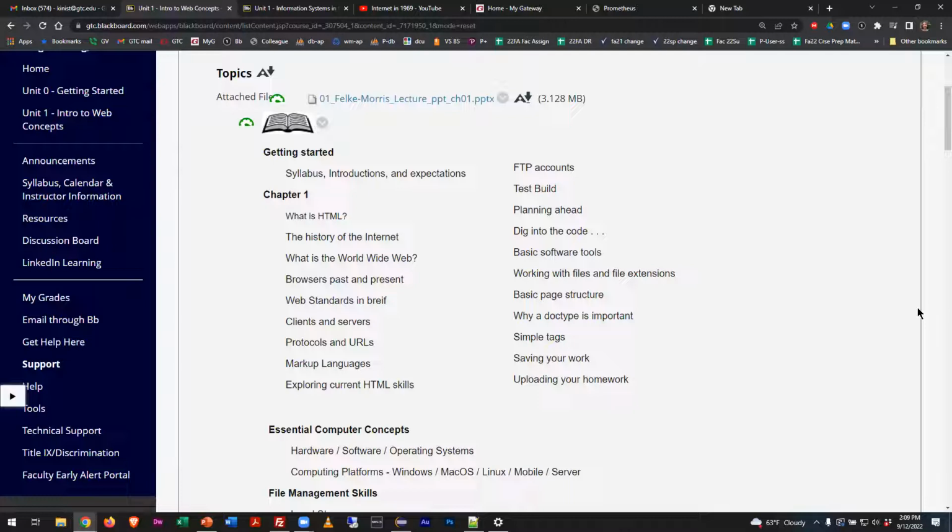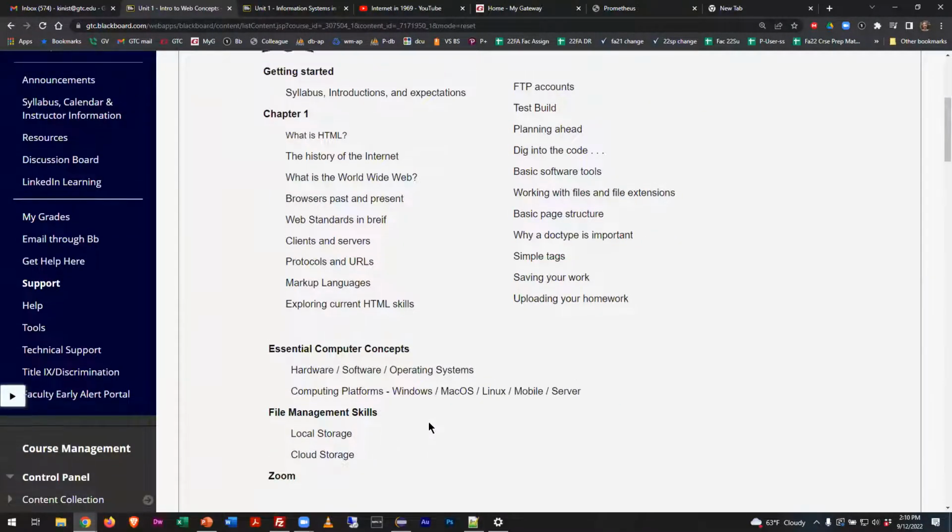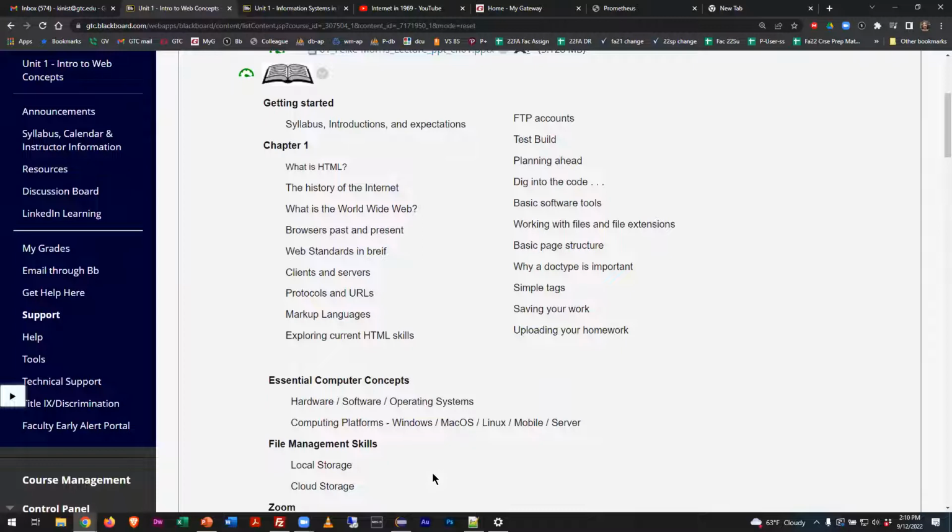So we did the syllabus thing in introductions, so that's already out of the way. We talked a little bit about some of the essential computer concepts, a little bit about hardware and software, what stuff you need to succeed. And you see all the Chapter 1 topics there, but then at the bottom you see file management skills. And this is always one that becomes really essential